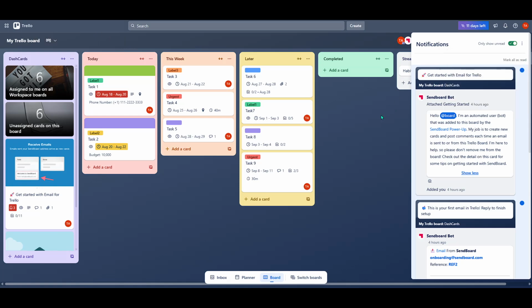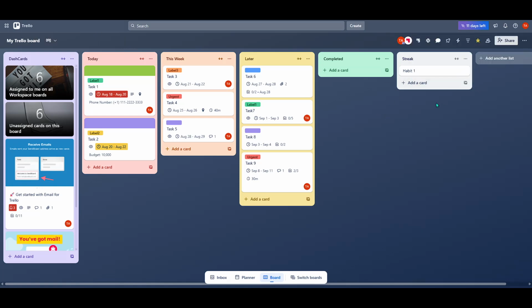And there you go. That's all it takes to stay in the loop with your Trello boards using notifications. By following these simple steps, you can ensure that nothing slips through the cracks and that you're always on top